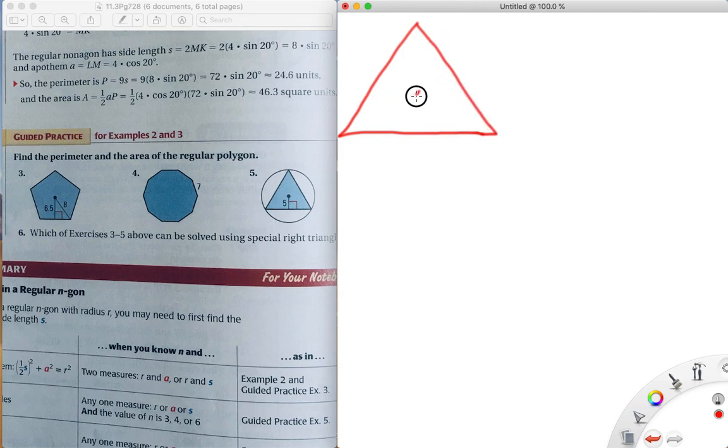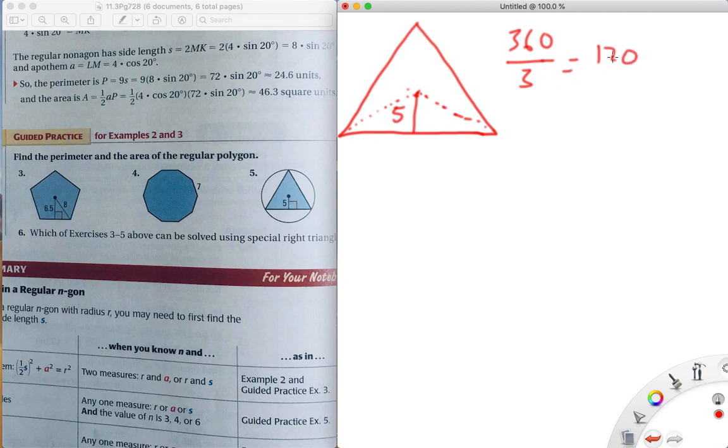The apothem is, hey, I can draw a triangle, y'all. Remember that we're dealing with a regular polygon, so this is a regular triangle, which means that all the angles are the same, so I know that all the angles are 60 degrees. The first thing I'm going to do is find the central angle. 360 divided by, there's 3 sides, so that makes it